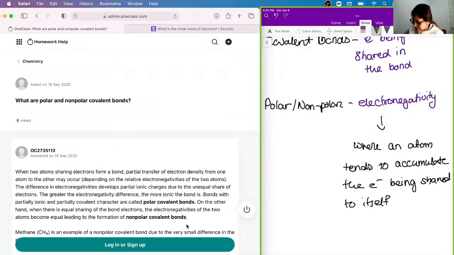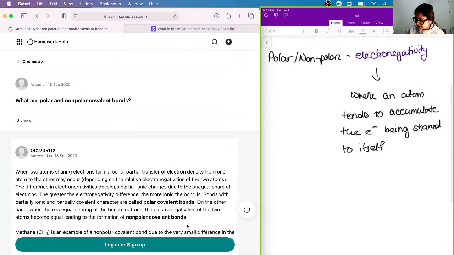What I mean by this is that if an element has a higher electronegativity,